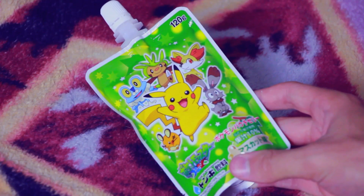And the last thing that's in here is this right here. It's a Pokemon jelly drink and the flavor is white grape. So I hope that this tastes amazing because the last few things that I tried I did not like at all. So let's try this sucker. Okay, so